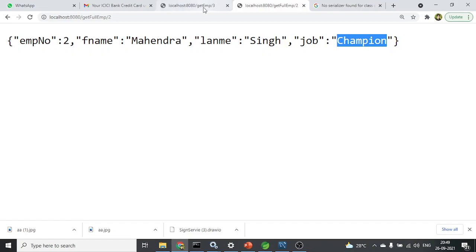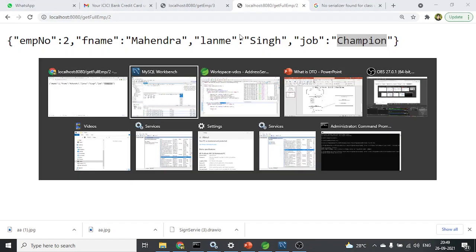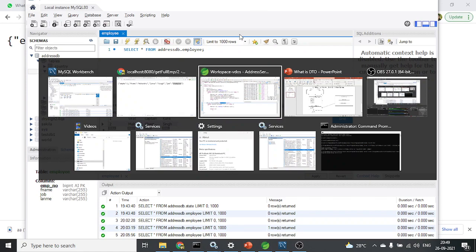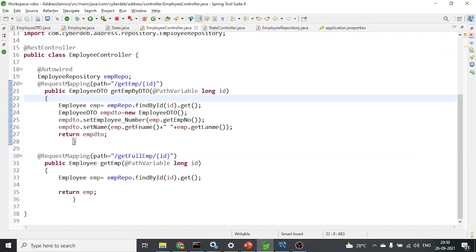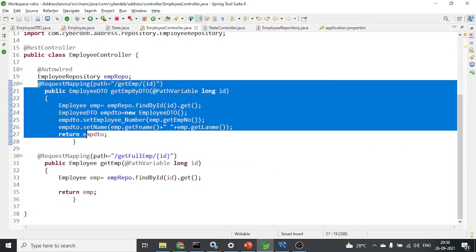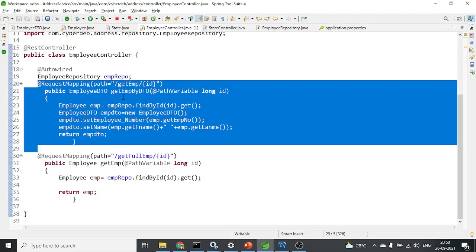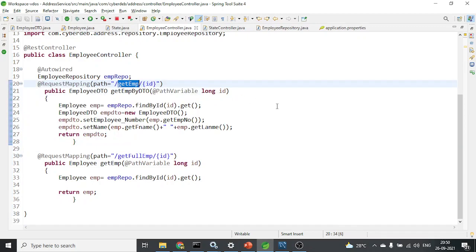But in place of that, if I go for a new API, this one is a method which I have created in the same controller. This API is get emp.